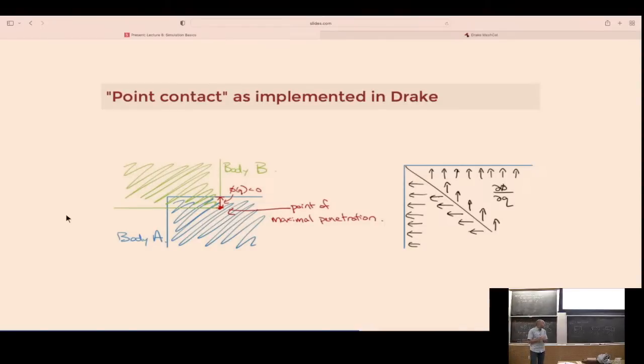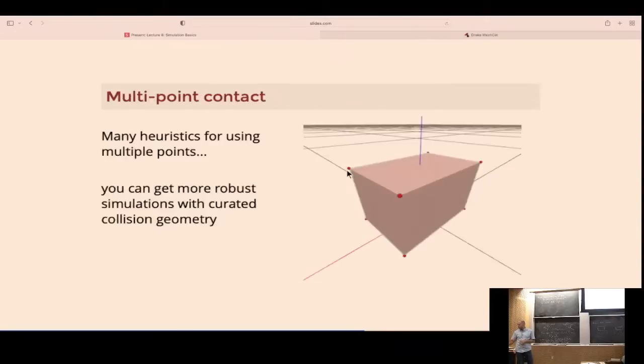I think this really is a big source of errors in a lot of simulations. I think the answer in some sense was in your question. Why not integrate over the surface, right? The answer has just been it's computationally expensive and hard to do that computational geometry. But one of the things that has made the simulation engine in Drake much more robust now is that we're doing that extra work to integrate over the surface. So, a first trick, which we actually use a lot, and you could put this in any simulator, you can certainly put it in Drake,